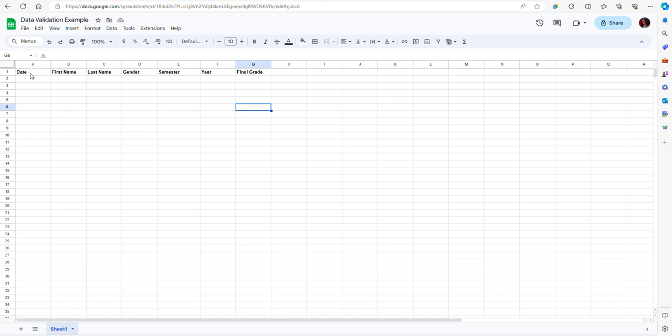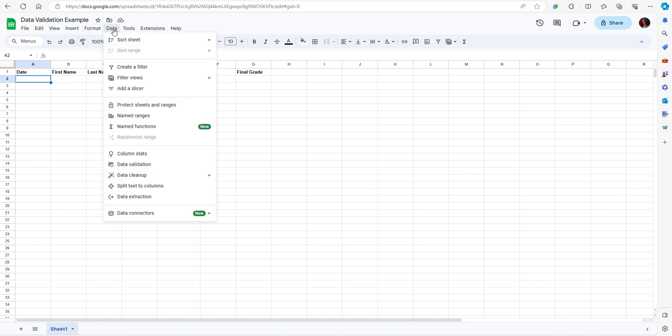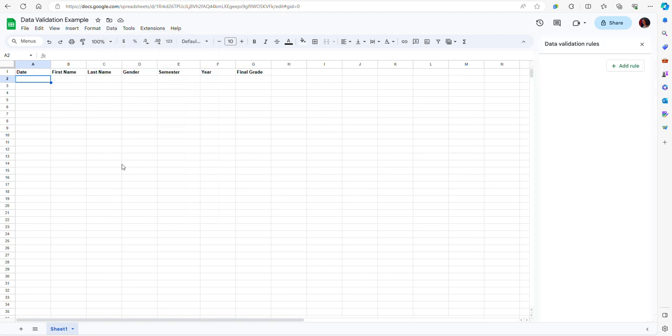For instance, let's say that I am typing in the date. Today is November 2nd, 2023. So all the dates should be today's date or after today's date. If I am entering a date that is prior to today's date, that is an error. So to prevent that error, I can go to data and then data validation,